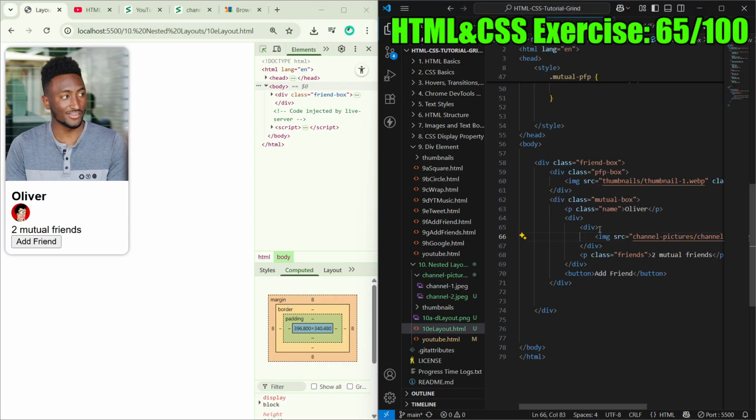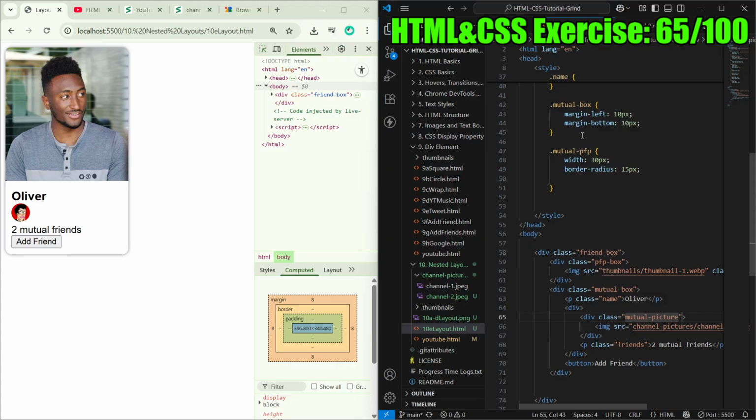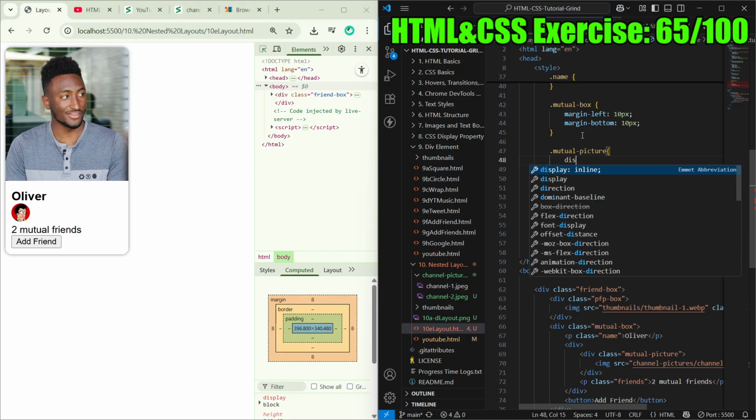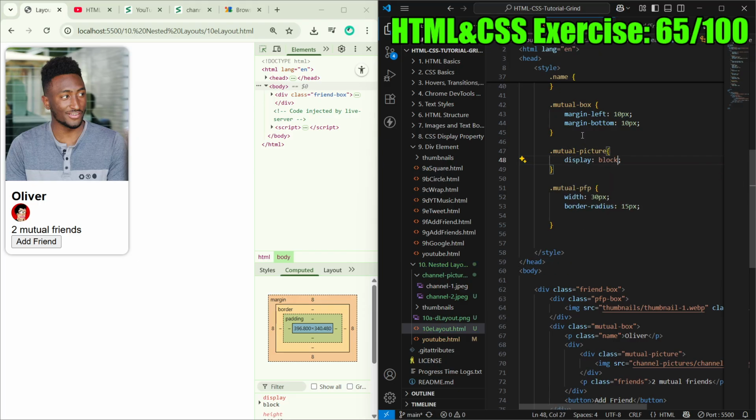So now it's class mutual pick. I'm gonna call it picture. So now dot mutual picture, and then I give it a display. I'm gonna give it a display inline block. Display inline. I mean,